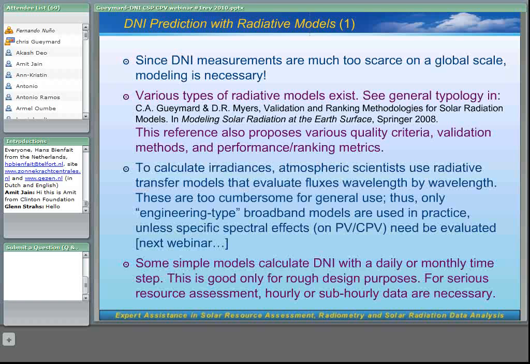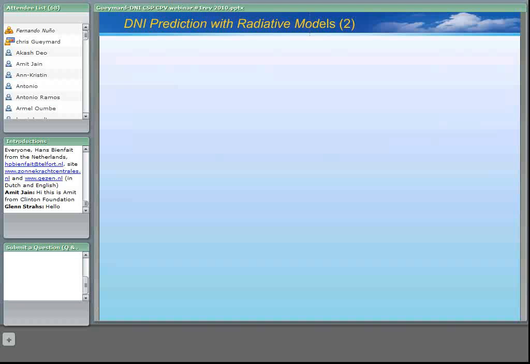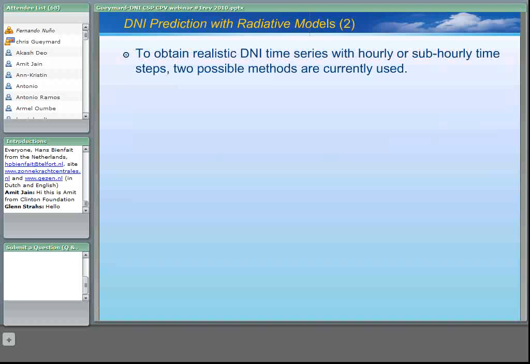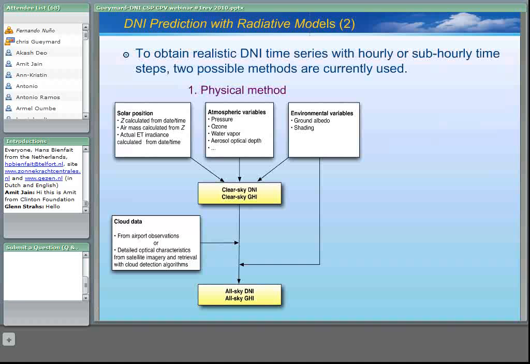The very simplest models calculate DNI with a daily or monthly time step, but this is only good for rough design purposes. But for any serious resource assessment, hourly or sub-hourly data are necessary. So that means that we have to use a little bit more involved models. To obtain those time series at the hourly or sub-hourly time steps, there are essentially two different methods. And there's a physical method or semi-physical method in which